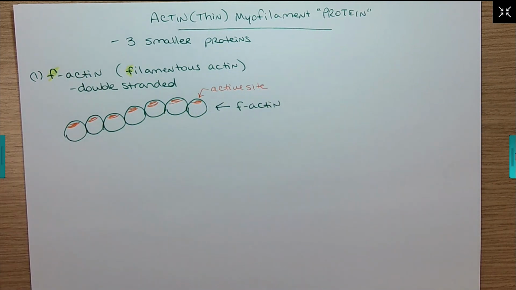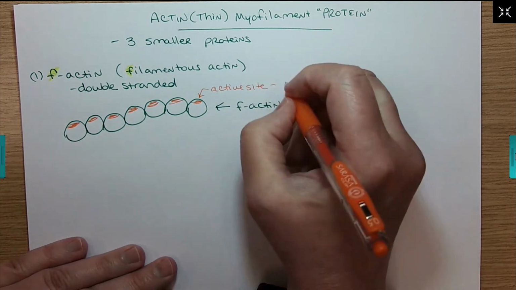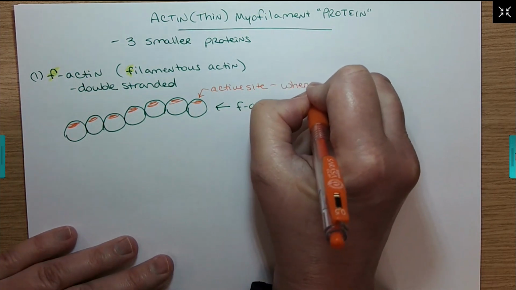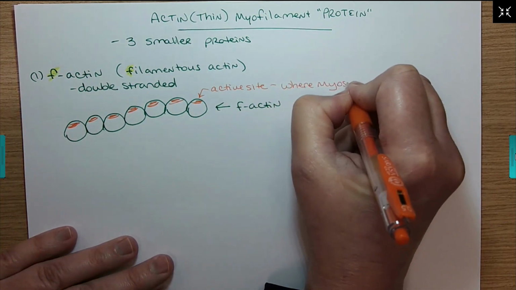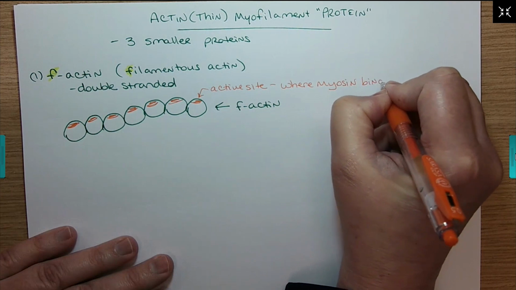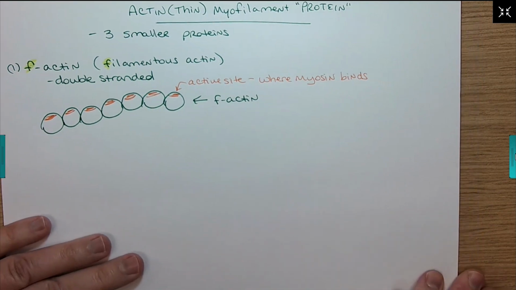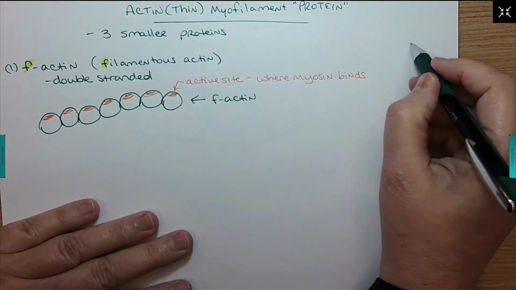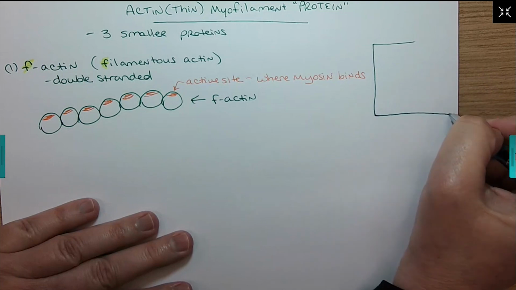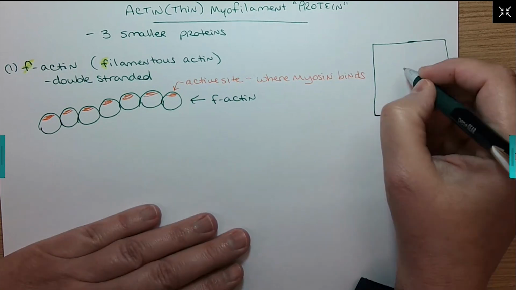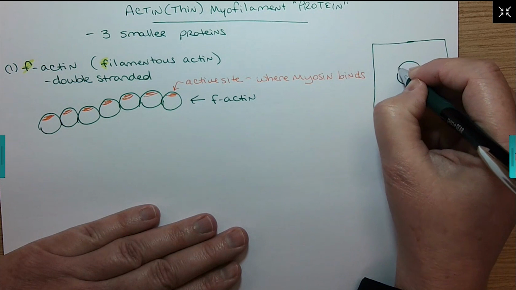But the job of the active site is where myosin binds. So it's the binding site for myosin. Actin and myosin are going to want to stick together, and this is the location where that happens. Just on a side note, in case you see it in writing, which we're probably going to see in a little bit, just to not be confusing,